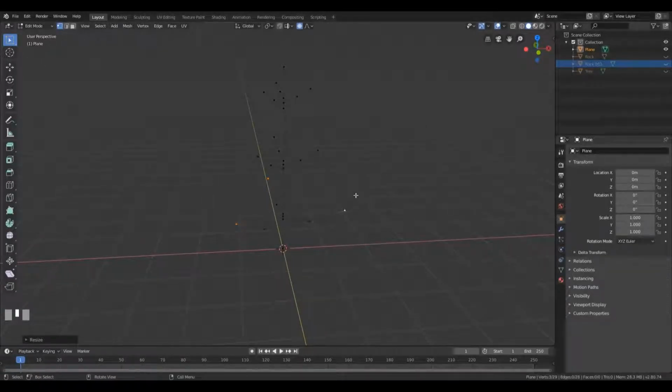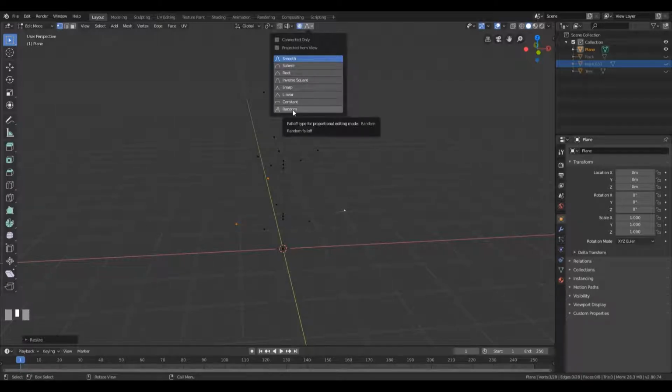And now I want to switch from smooth fall off to random. So let's look at here. Here's the little icon, and when you click that, you can see there are different modes for the proportional editing, and one of them is random. So if you click random,